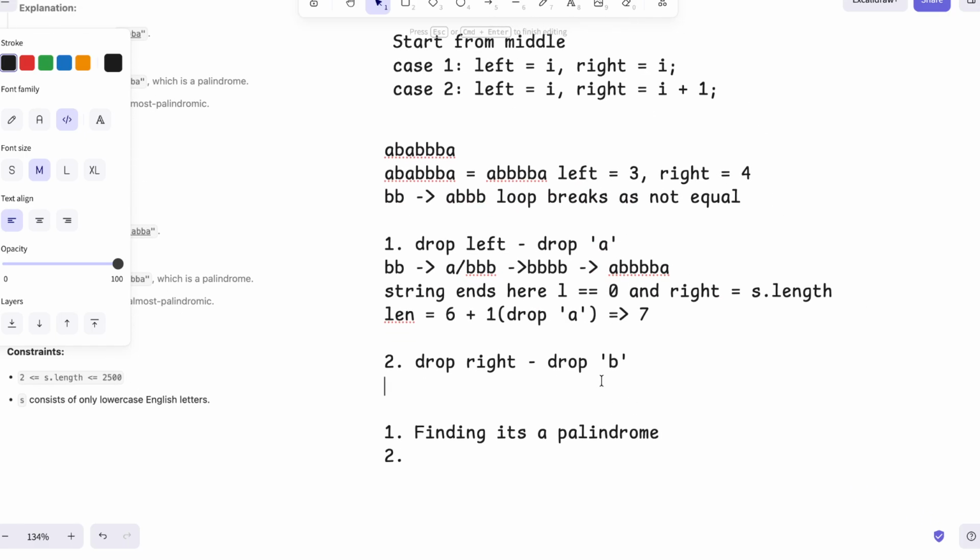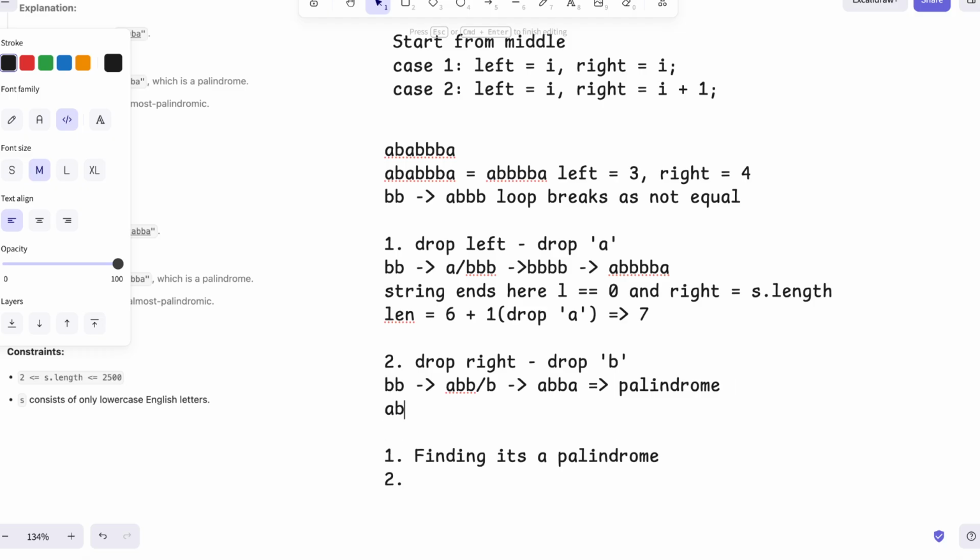Now for the second case, like bb, here we have a b and we are dropping b. So let's go towards the second one. Now we will get a b b, triple b. If we have 2 b and we are dropping this one, we'll get a. Okay, so this is a palindromic string. Here as well we get a palindrome, but here the value is aba. So length is equal to 4,